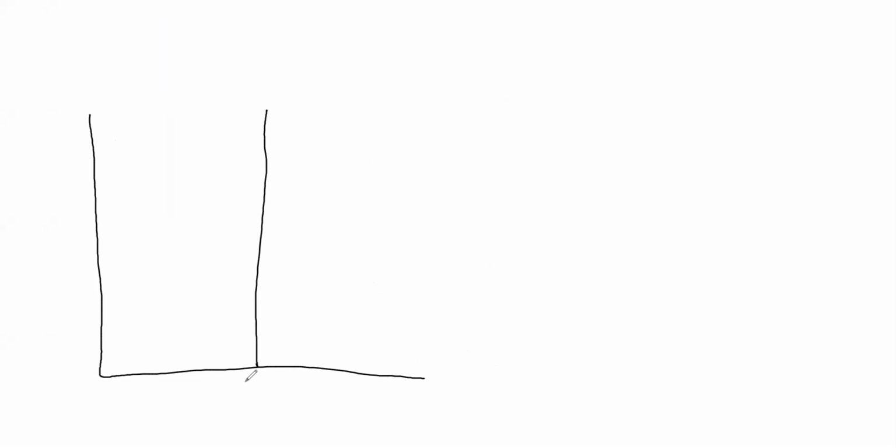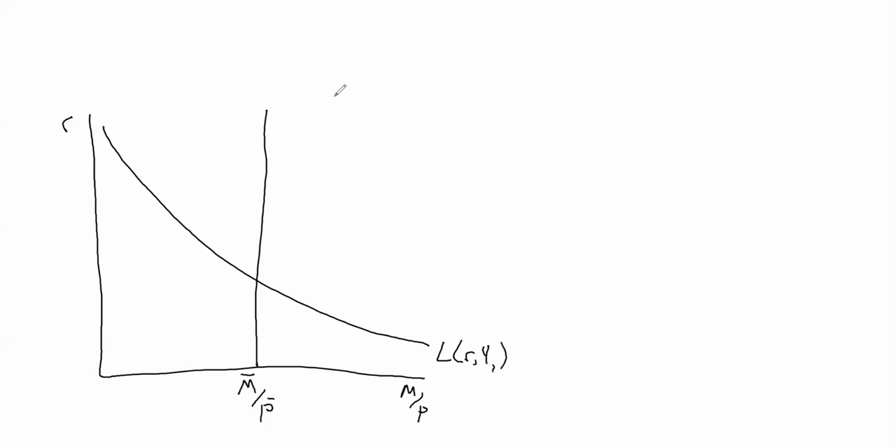We can start with that same basic market for money balances, where we have a fixed money supply and a downward sloping money demand curve. But our money demand curve is no longer just a function of the interest rate. It's now a function of the interest rate and income. And so let's say that people's income increased. So we were initially here at this interest rate R1,